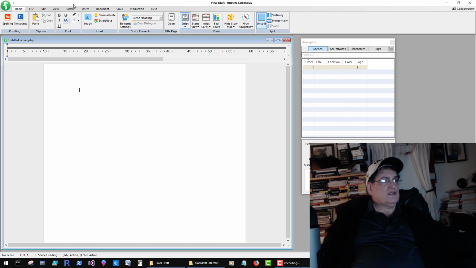Clicking through some of the menus here, we've got a Home tab. On the Home tab, we got the spelling, thesaurus, paste, cut, copy. Here's some text formatting, insert an image, general note, script note, element settings, scene headings, dual dialogue,